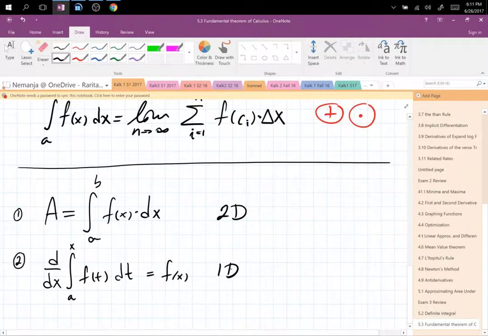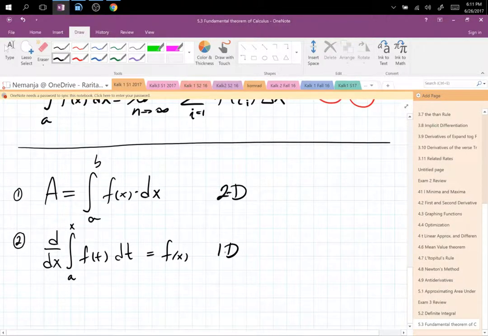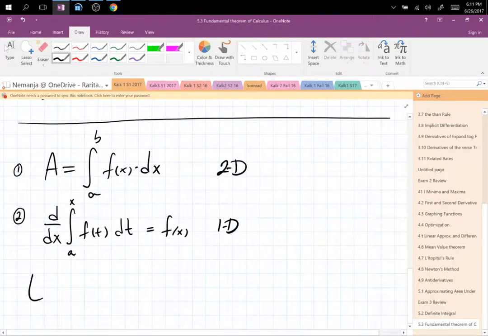So one dimension. It's not area, because the derivative killed one of the two dimensions you were working with. So now, because you have a 2D case for part 1 and a 1D case for part 2, later in Calc 2,